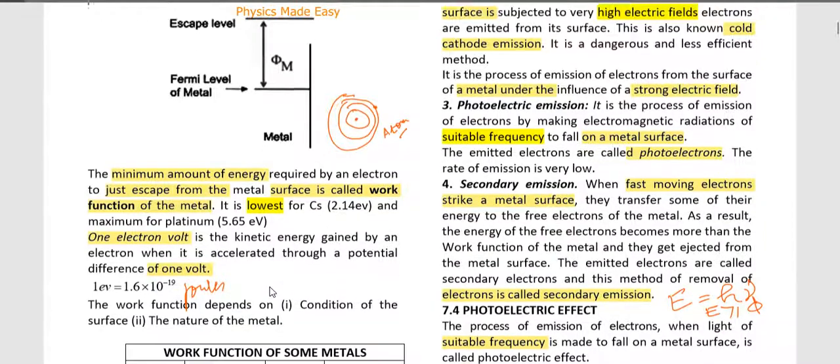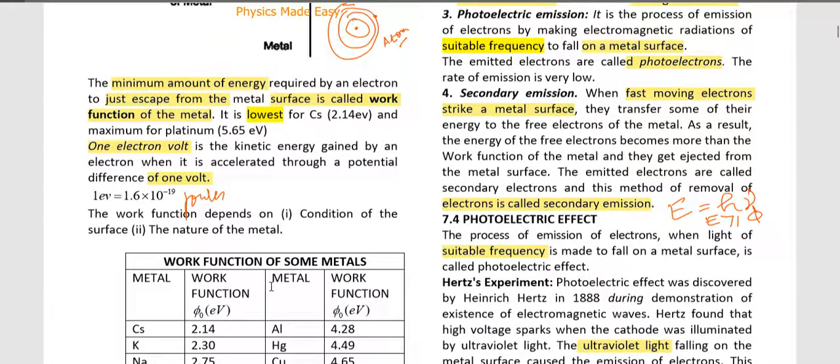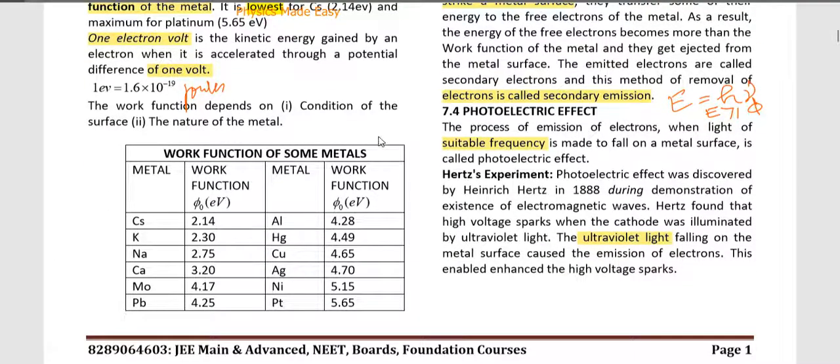One important point is that in modern physics we use the unit electron volt. And 1 electron volt is the kinetic energy gained by an electron when it falls through a potential difference of 1 volt. Now, work function depends upon the condition and nature of the metal, and also note down the value of the work